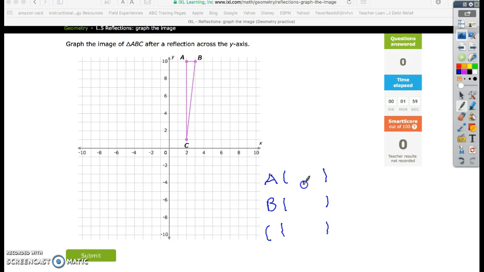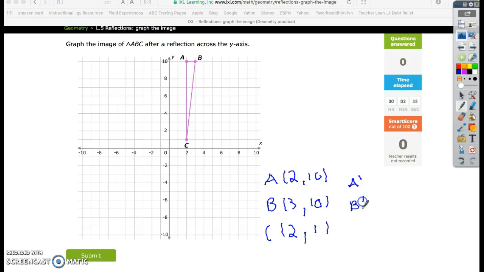Okay. So for A, if I look at my coordinates, I have 2, 10. For B, my coordinates are 3, 10. And for C, my coordinates are 2, 1. Alright, to get my translated points, to get A prime,